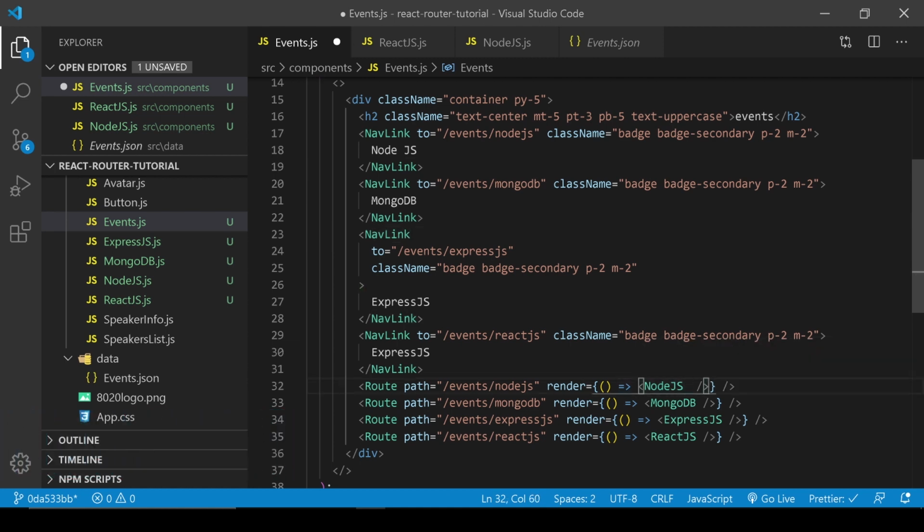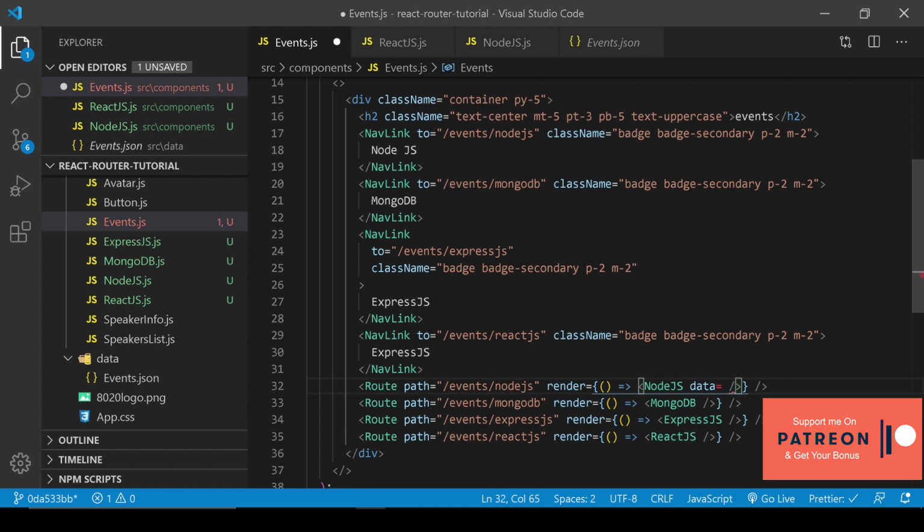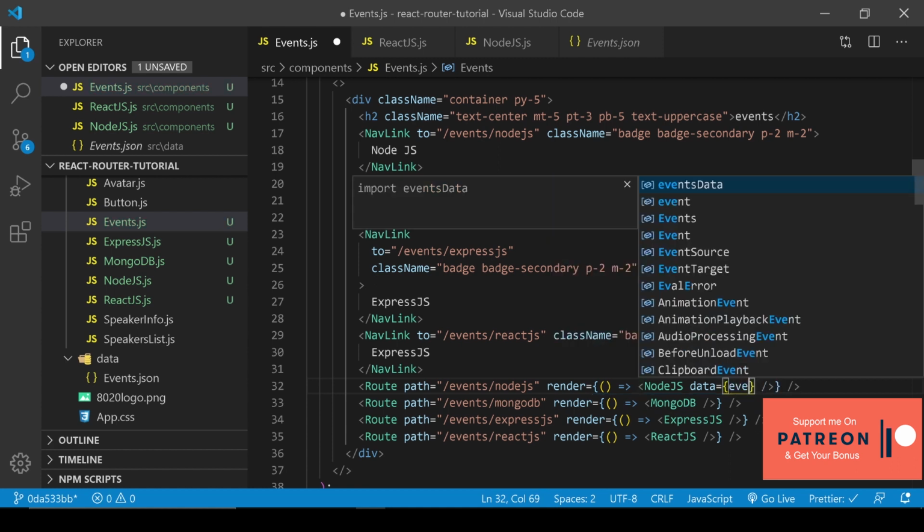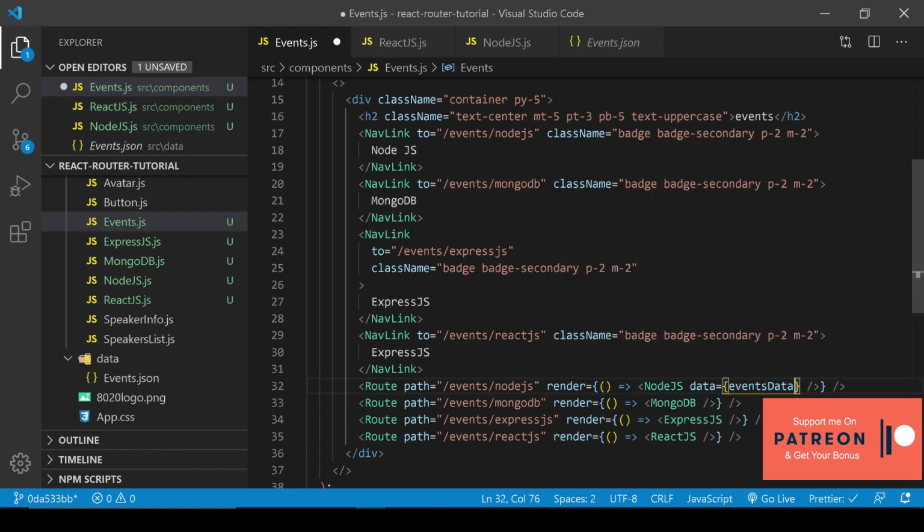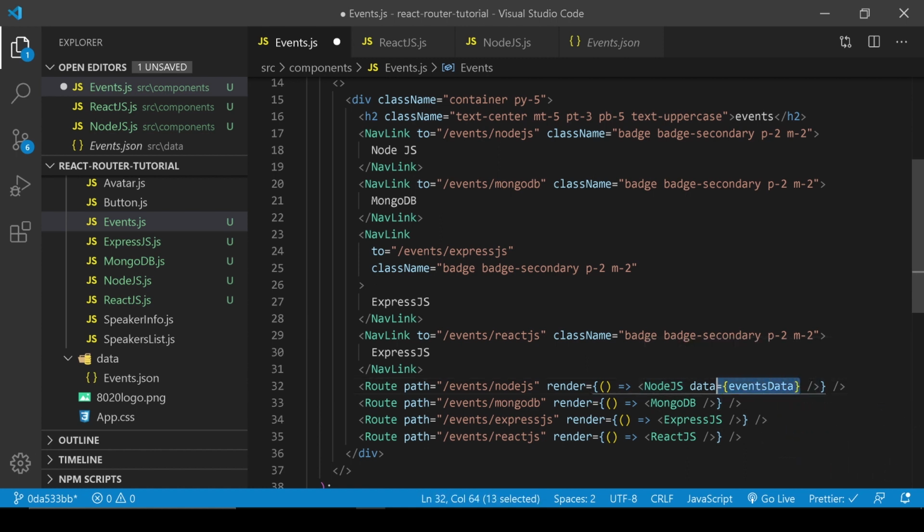Right here, we can do data, and right here events data. Okay, so that's how we're gonna get all the data by the property,